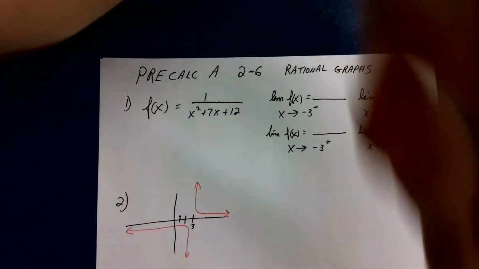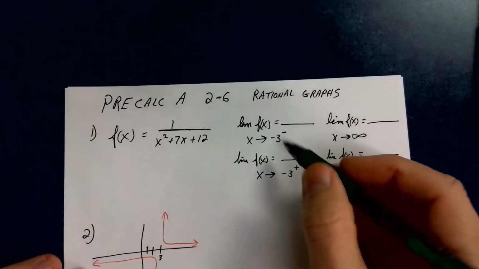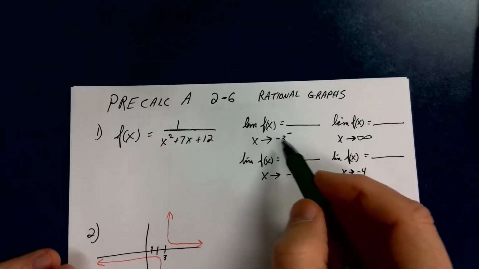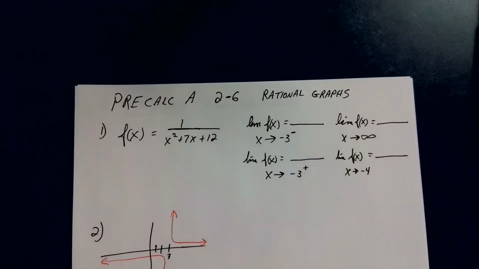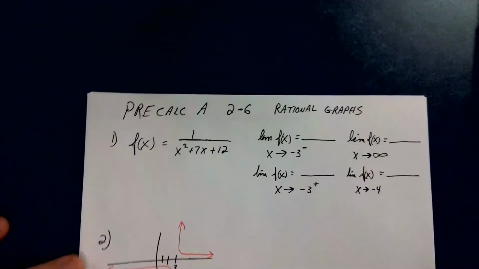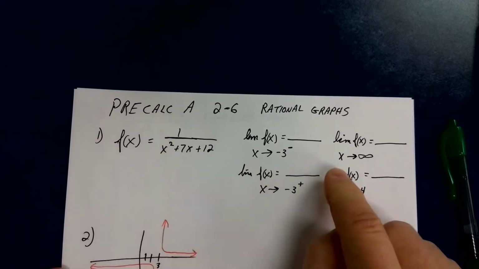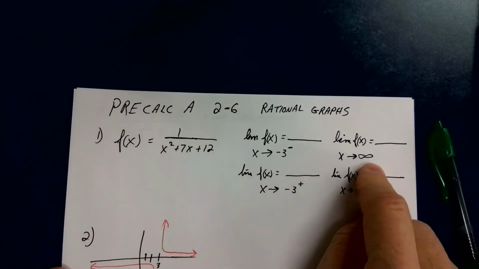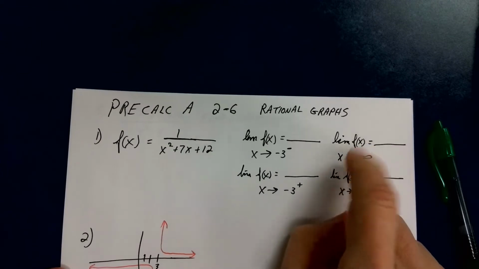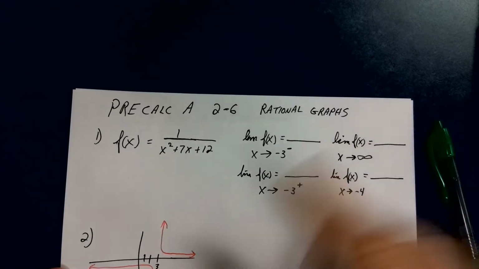So we're going to start with this whole limit-y thing here. So what's the limit of a function as x approaches some number? So we're going to take this thing right here, 1 over x squared plus 7x plus 12, and I'm just going to talk about it mathematically speaking. So let's say right now x approaches infinity. So I want to do this one right here. So x approaches infinity. And remember, you guys can pause the video, stop it, copy any of this stuff down